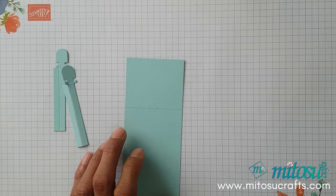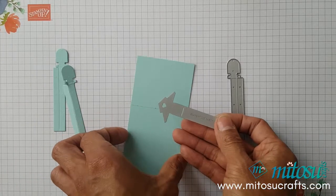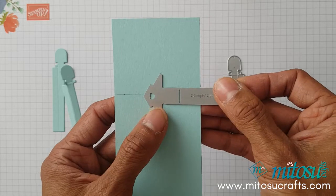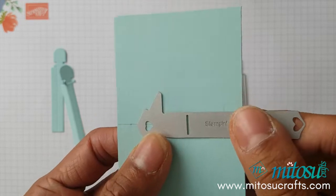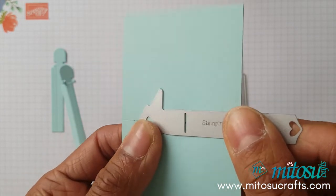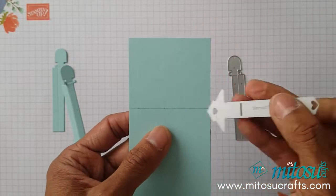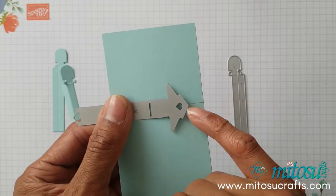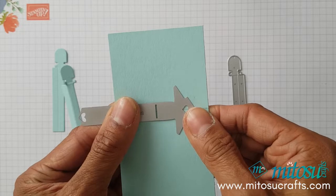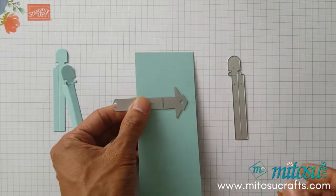Okay. And what you're gonna do with that is, with the dies from the Cuckoo clock dies, you're gonna align the point towards the left, and then in the window look at where the mark is, if you can just see it, and then die cut through, and then on the other side do the same, align that on the line as well as find your mark there. Okay,